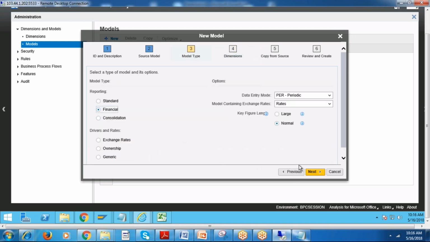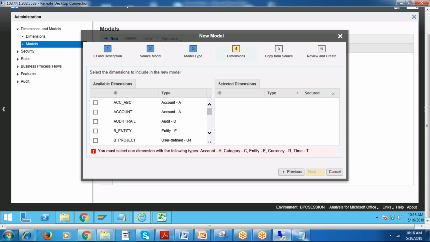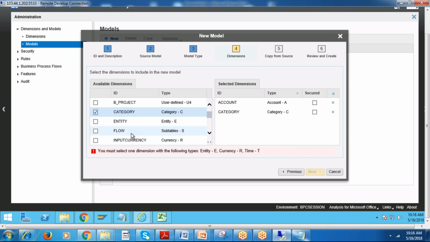Based upon your model, the dimensions will change. If you select the finance model, it is going to ask you for the finance dimensions. Click here and assign whatever it is asking: account, category, entity, time. Where is this account? Category, entity, and currency, it is asking the currency.